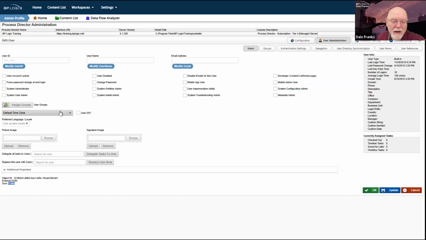You can set everybody's time zone and locale. There's only one locale on the system, which is US English. You can upload a picture image or signature image for each user. If a user goes on vacation, you can go in and do task delegation. All of those user administration tasks are done for each individual user profile.